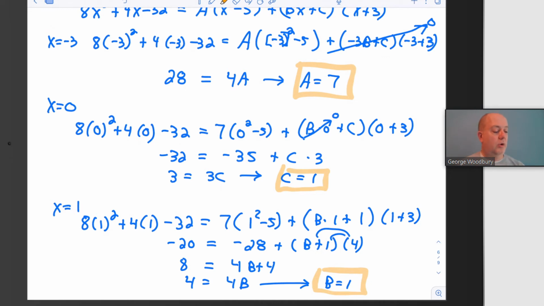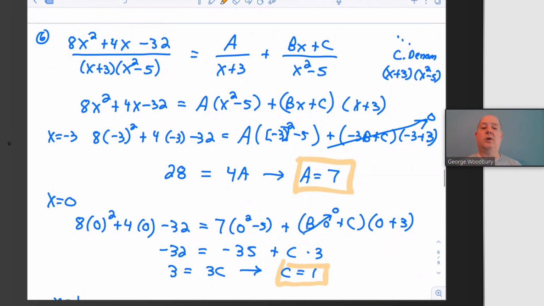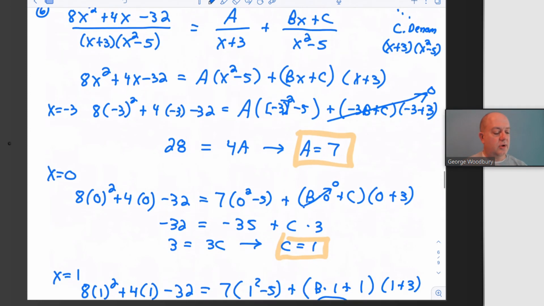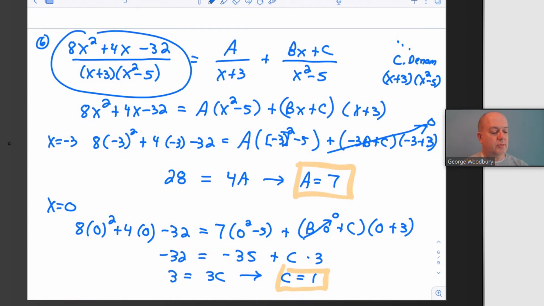So we've found all 3 constants in the numerator. We're going to replace a with 7. B and C will both be replaced by 1. 7 over x plus 3 plus 1x plus 1 over x squared minus 5. And of course, the 1x, we can just write that as x. So there's the partial fraction decomposition for this rational expression,